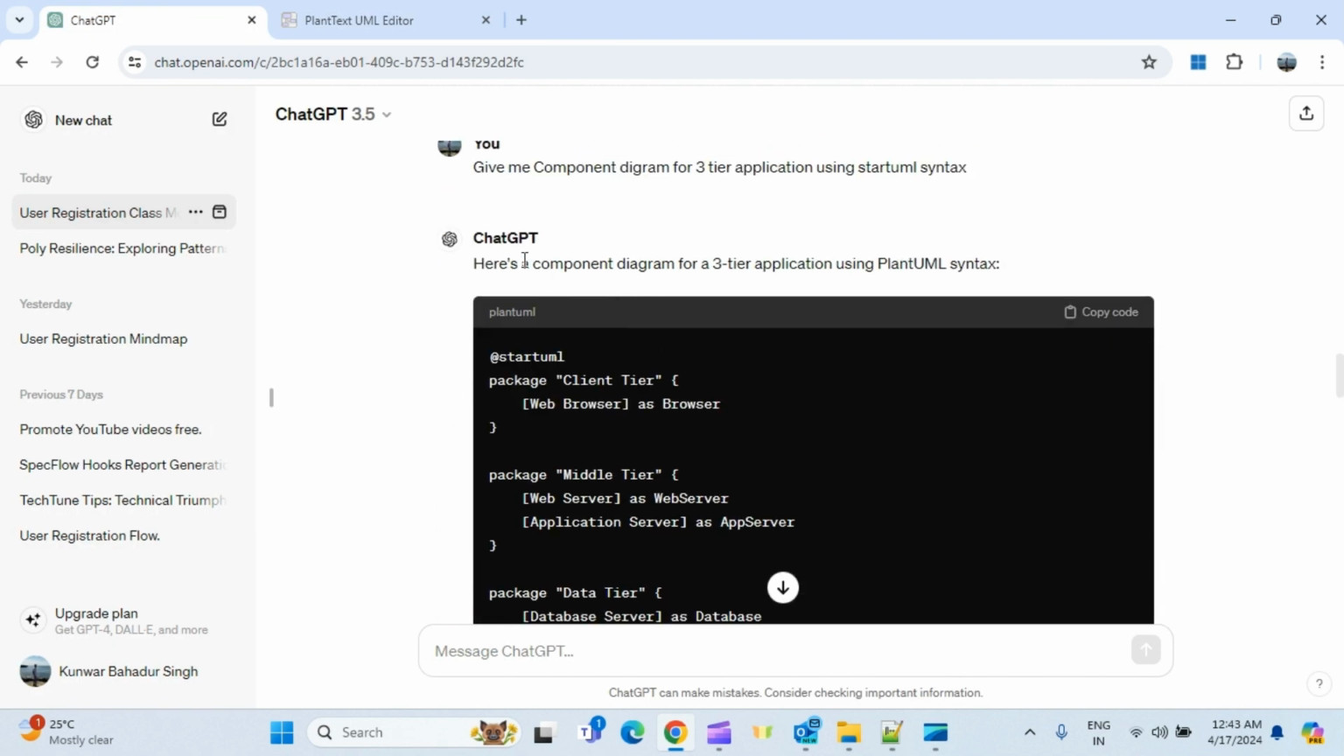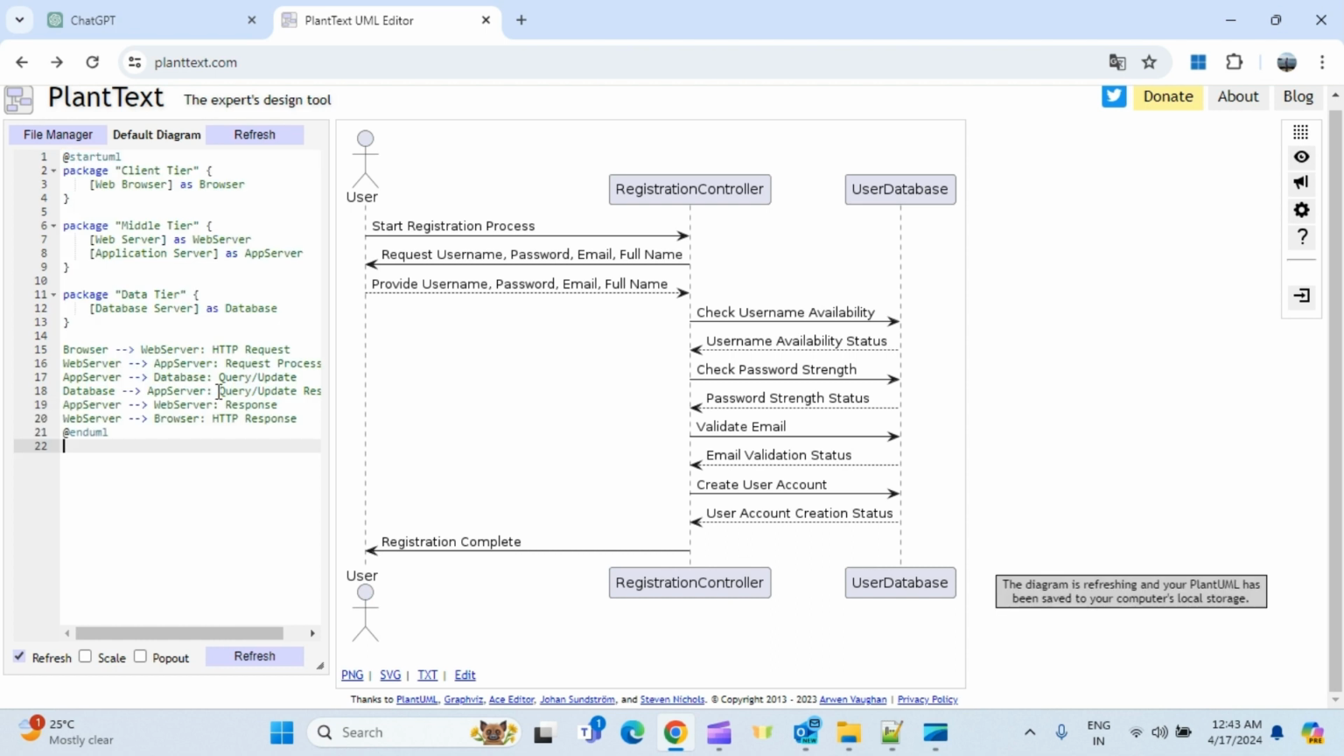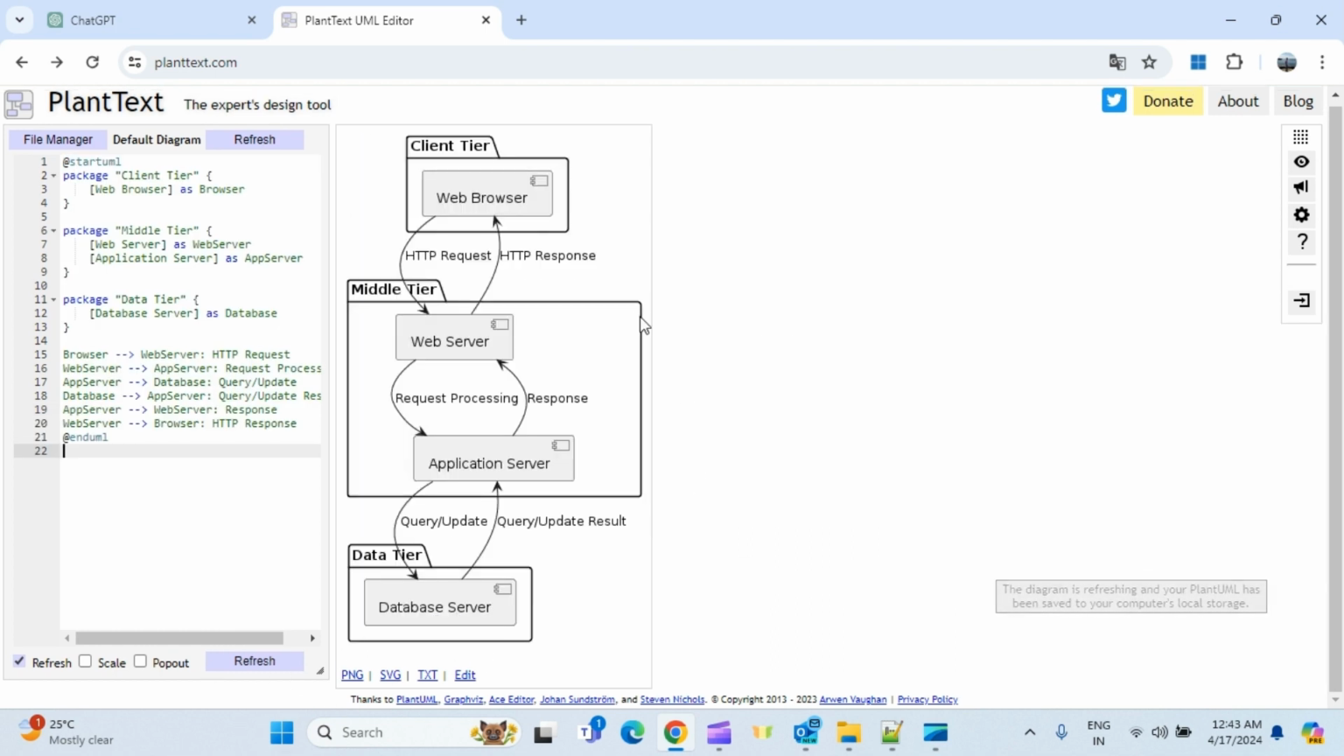And let's say this is a component diagram. For the component diagram, we have considered a three-tier application component diagram. So let's say I'm copying it here. It will give you something very generic, but you can give it a complex prompt to answer, and then you can generate it. So if you see this, this is basically a